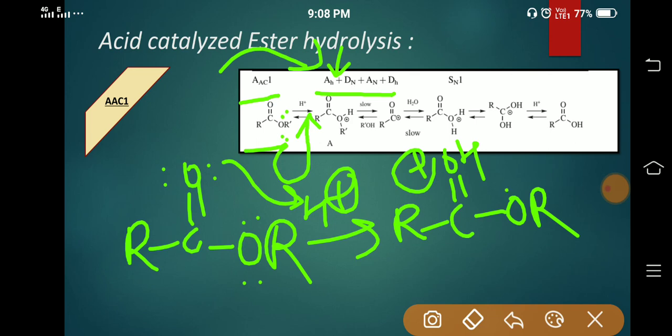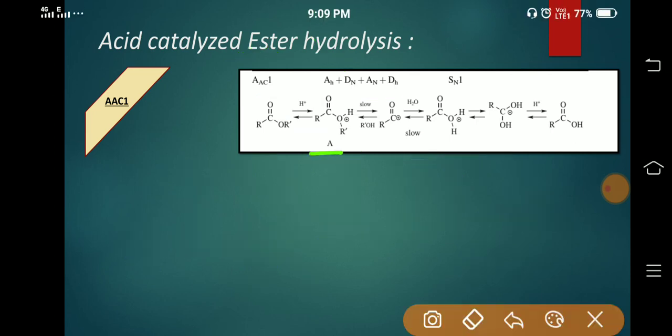That can also be stabilized to neutralize the charge on the oxygen. Okay. We are getting here A. In this step, we are having association of proton. Later on, the term DN, that is dissociation of nucleophile. By the addition of proton, we are getting here one of the